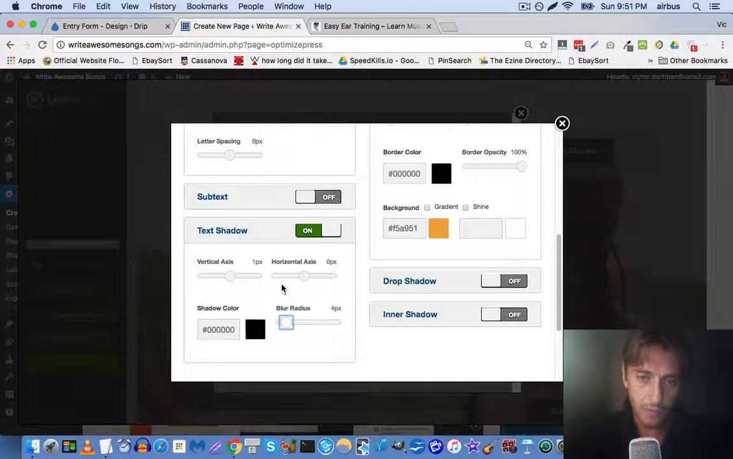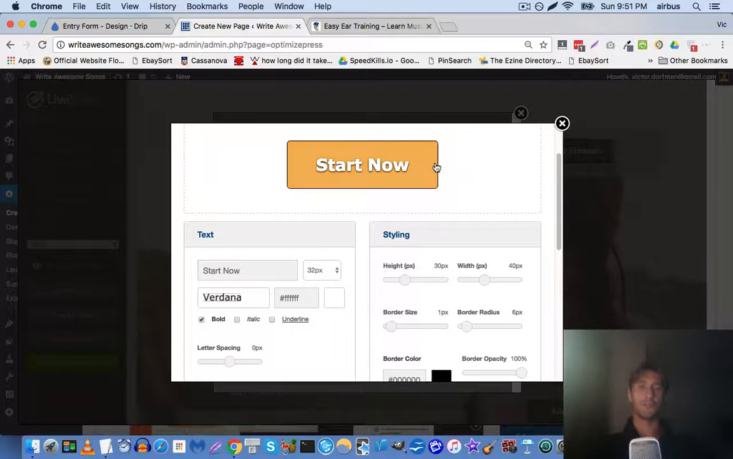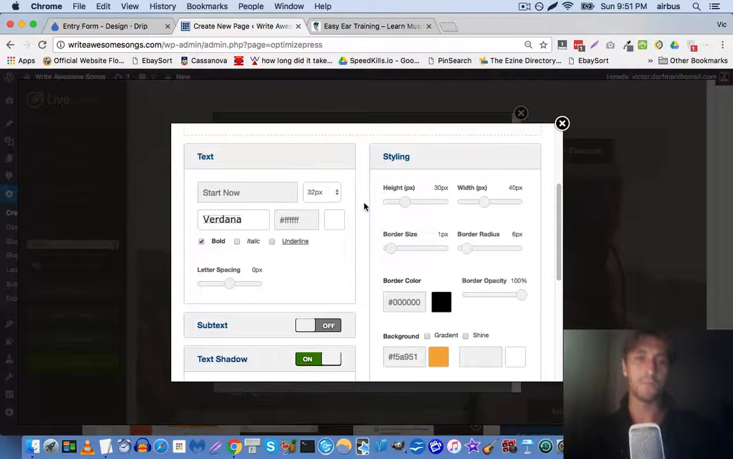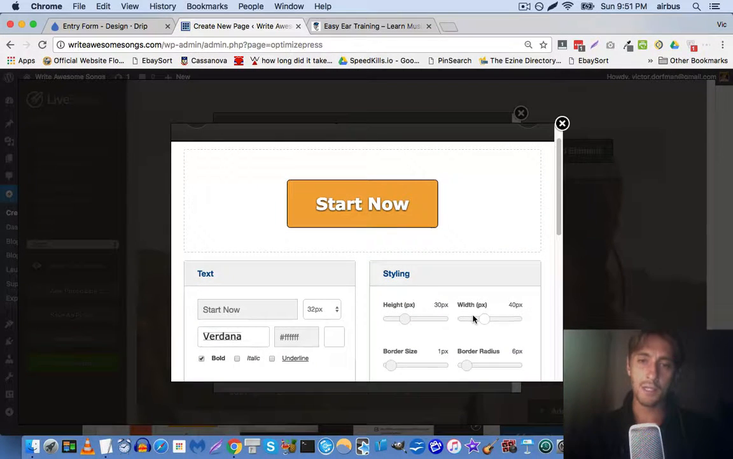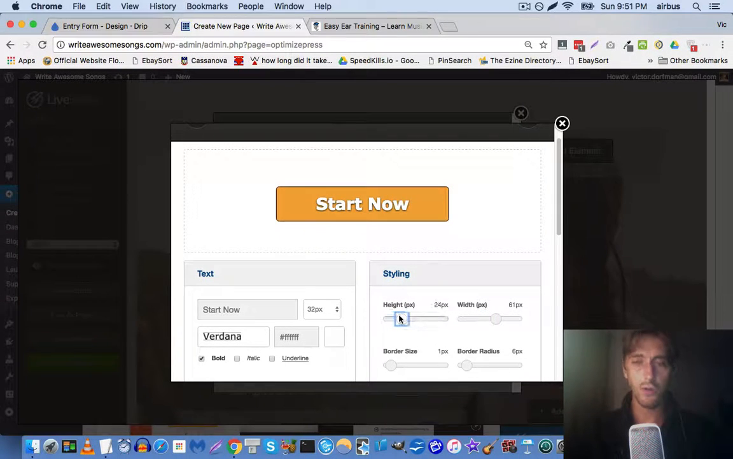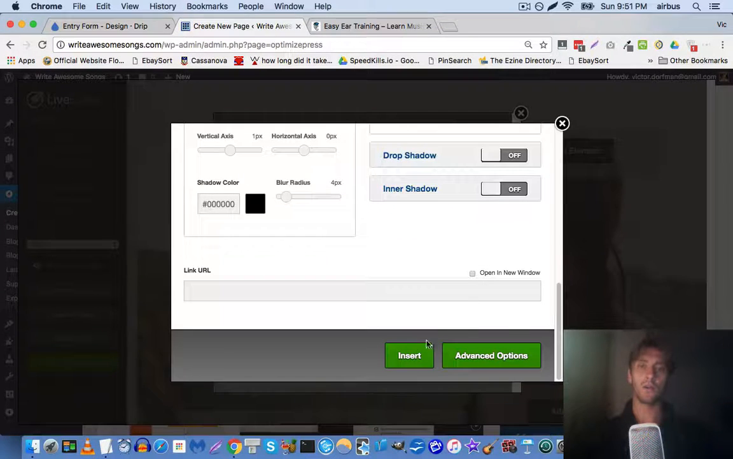And we'll make the blur radius 4. Okay, that looks good. Good enough anyway for now. And I'm just going to make this a little bit wider and a little bit shorter, because I like that narrower style. Okay, start now. And that is going to lead to the next page, which is going to be at